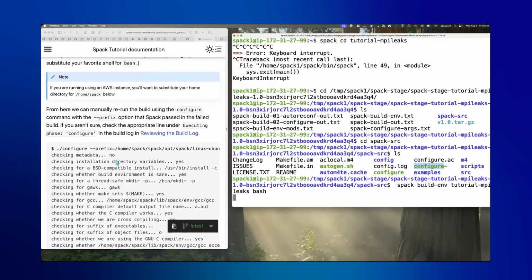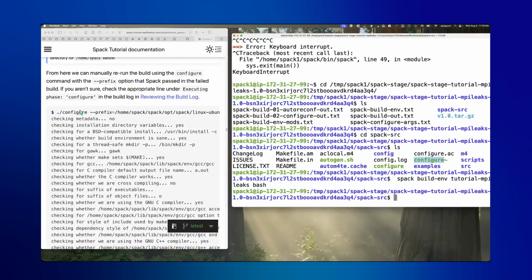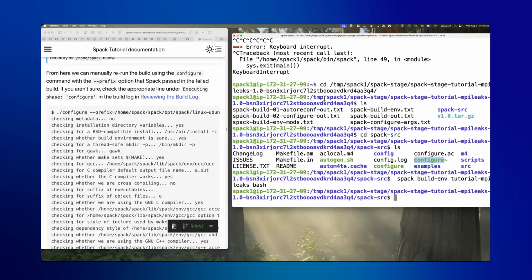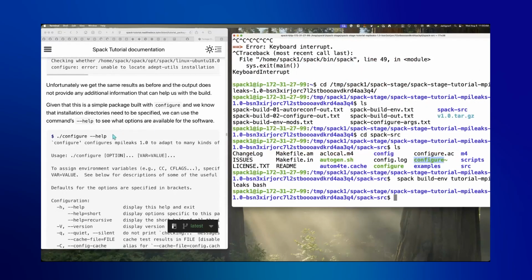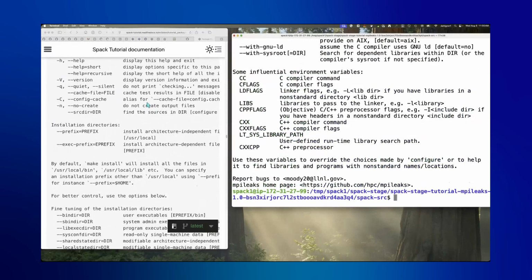I'm not going to repeat this configure with the prefix, but you can, and you would just grab the prefix from the output above. Instead, let's jump to calling configure help, because that's really what we need to find out here. So if we look at the help output from configure,